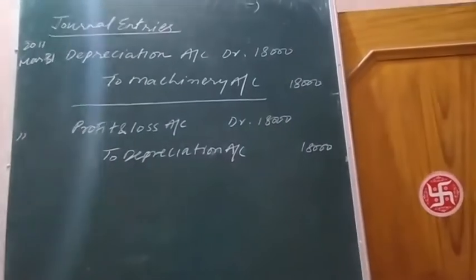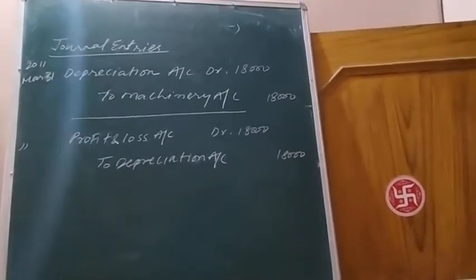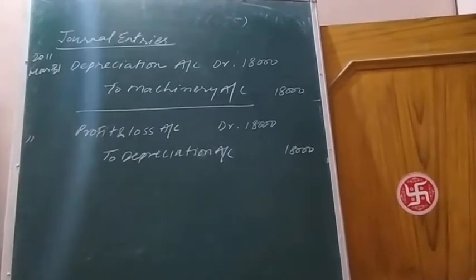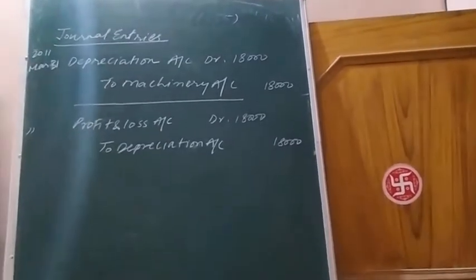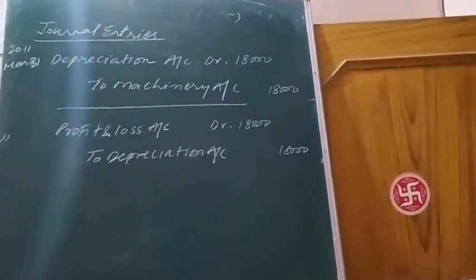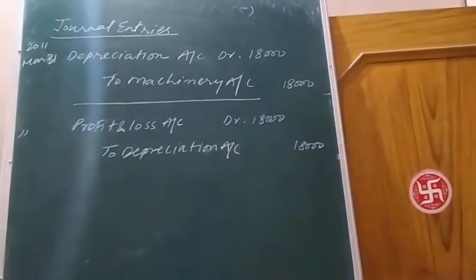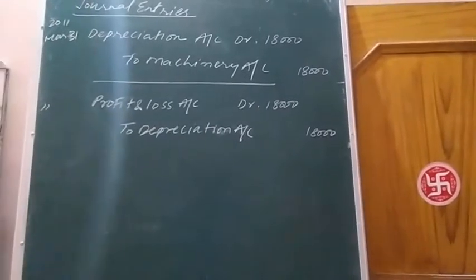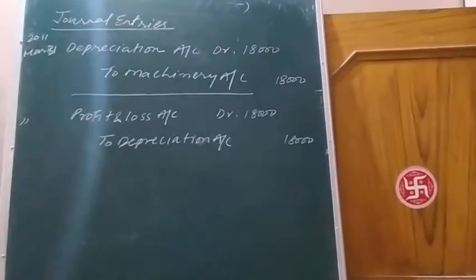Now, whatever the depreciation amount is, it is written off from the profit and loss account of the concerned year. Whenever profit is used to write off a loss, for example depreciation, the profit decreases. A decrease in profit is to be shown on the debit side, and depreciation, a loss, will also decrease because it is written off against P&L. So these are the journal entries to be passed. Now we need to prepare the depreciation account.